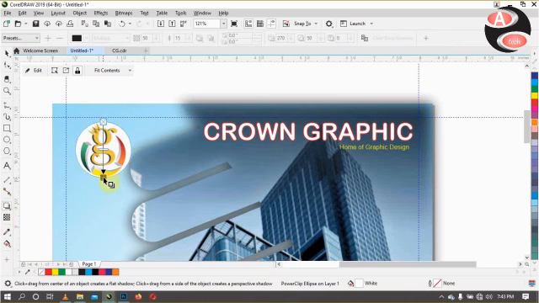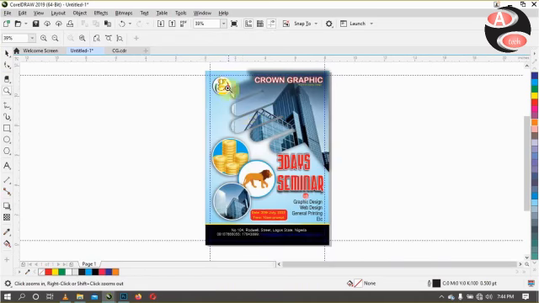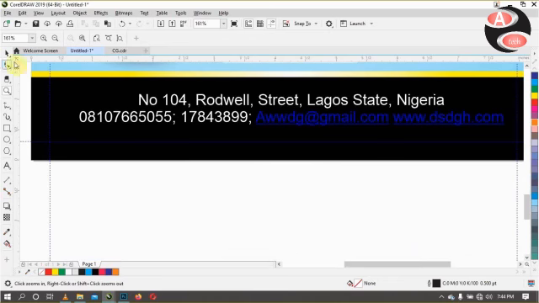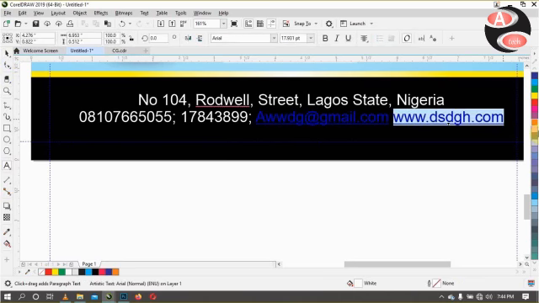Even better still, I can give it a shadow to make it embossed as well. Sorry for using too much shadow. You're really cool. You enjoy it as time goes on. So this here, I think this is not really bad. I made some mistake here. Let me see if I can rewrite it. There's a way you actually drag it back. We don't want this. Let me just write